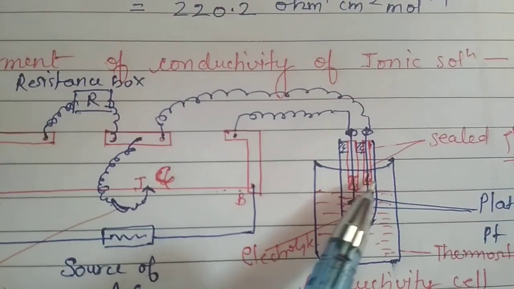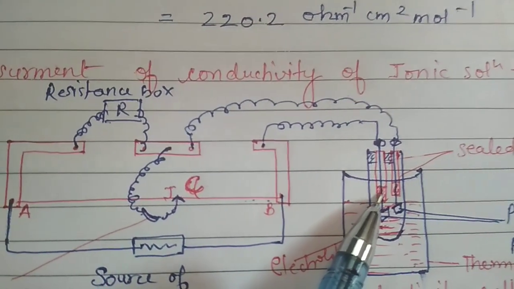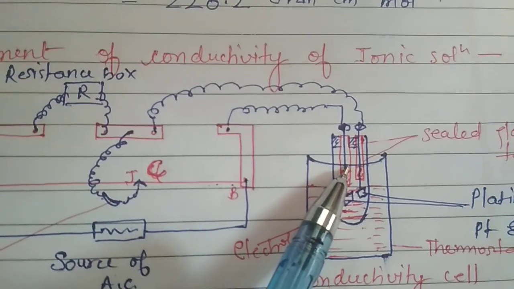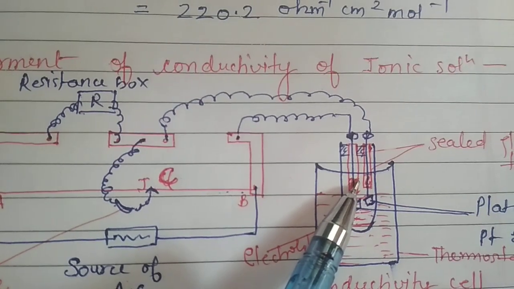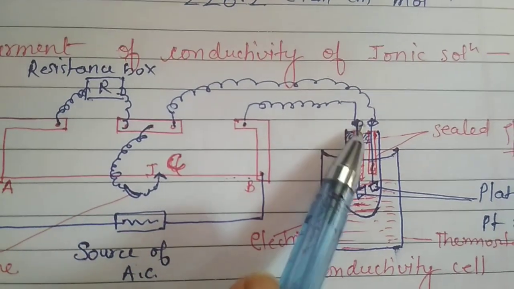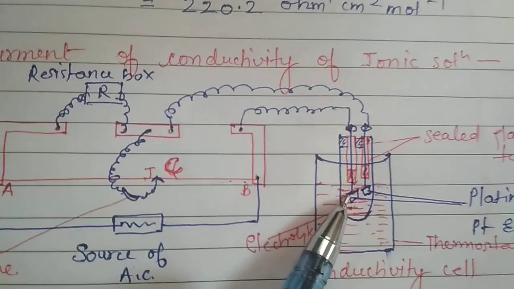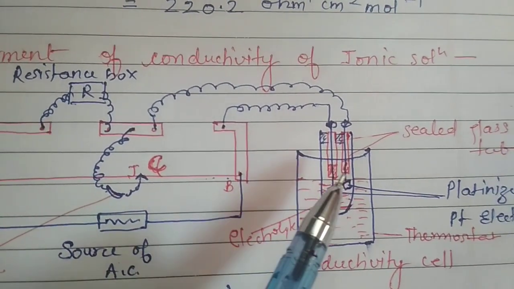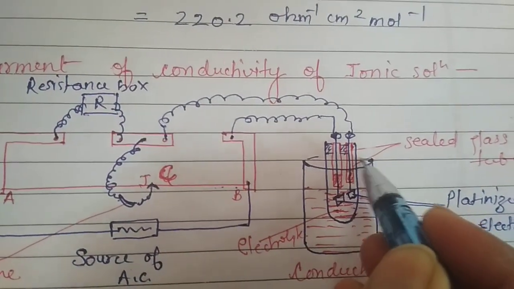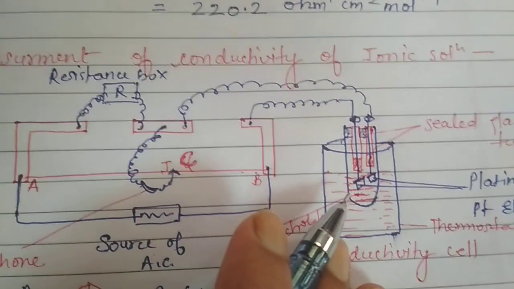These glass tubes, as you are able to see, are filled with mercury. The electrodes are fixed in a glass tube at a particular distance from each other. Now in the concentration cell, we are to take the electrolyte whose resistance we are to find out. And with the increase in the temperature, the conductivity changes. That's why we are to take it in a thermostat, just to maintain the temperature, by which the resistance would not be changed.